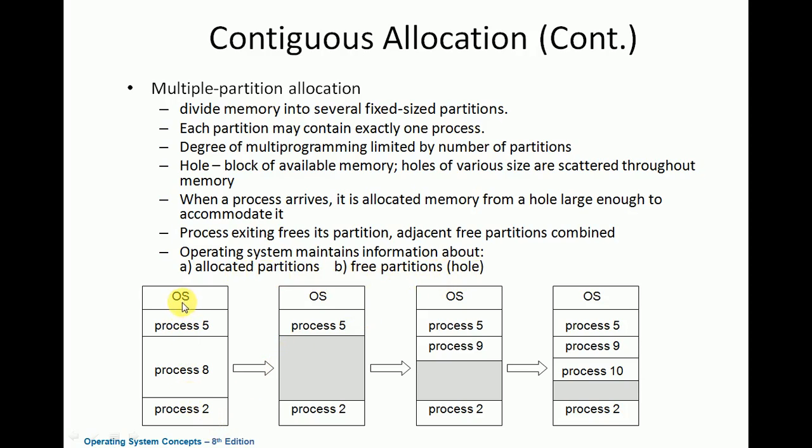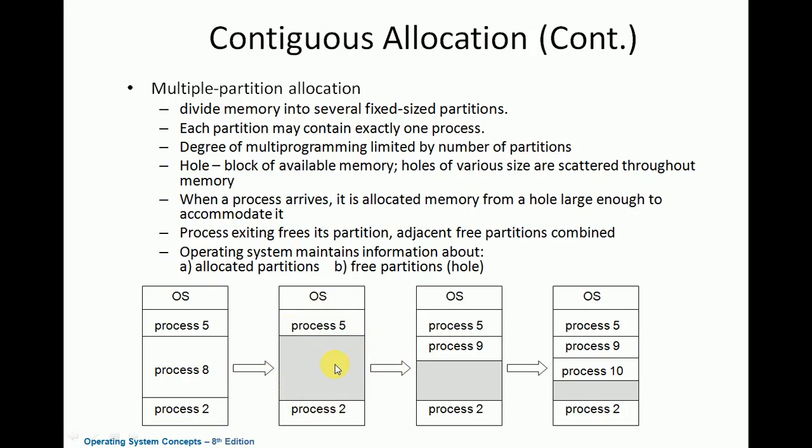Let us take one particular example here. This is the main memory. At the beginning there is the operating system and the processes residing here. Process 5 is loaded after the operating system. Then there is process 8. Then you will find process 2. Here process 8 has completed its execution, and whatever memory space it occupied will be freed here. So a memory hole is created. This is the memory hole created after process 8 completes execution and releases the memory.